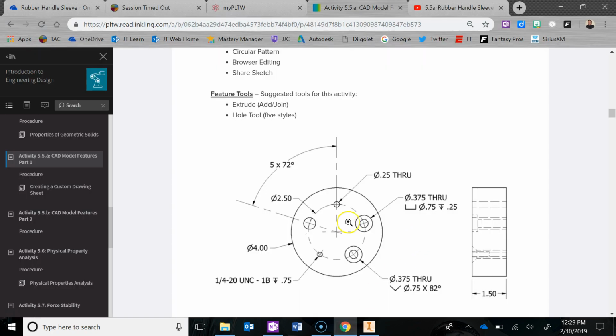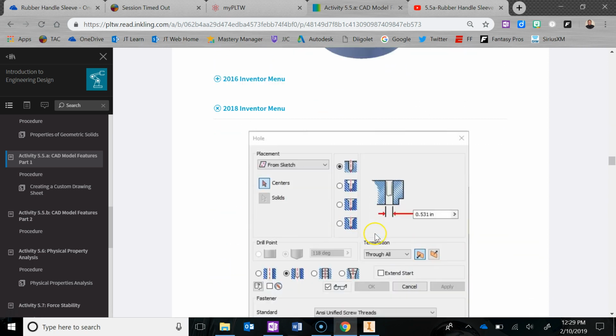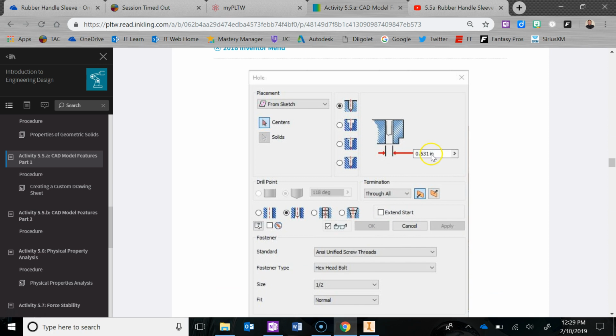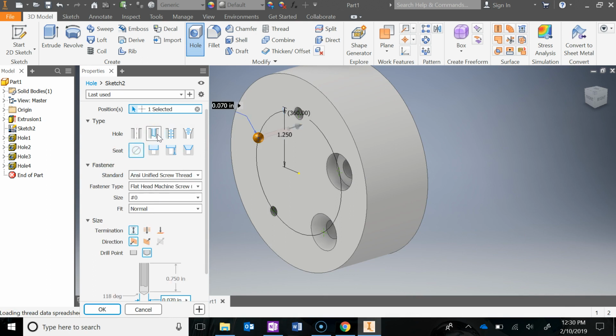Remember, this one, they don't provide you with the information. It's down here on the bottom, and they're telling you it's a diameter of 0.531. It's a clearance hole, and it goes all the way through. So here is your clearance hole, right? It does not have a seat,